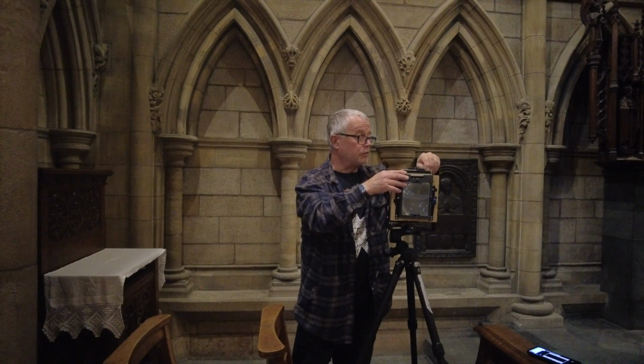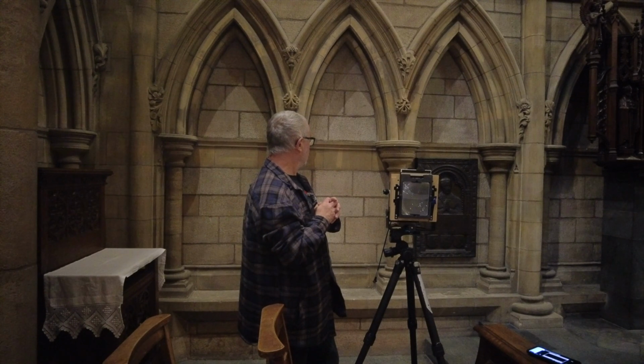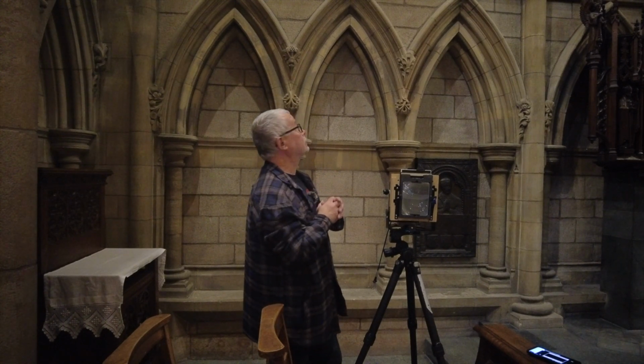I guess I should have looked up the reciprocity failure of HP5, but that was a ballpark figure. Composition was very difficult. I didn't really account for the low levels of light. I was a little bit wary about choosing subjects that were in the full glare of the public and members of staff. So here is a little quiet corner where you can take architectural details, and at least it's dry and not